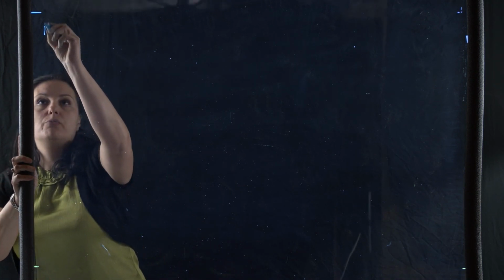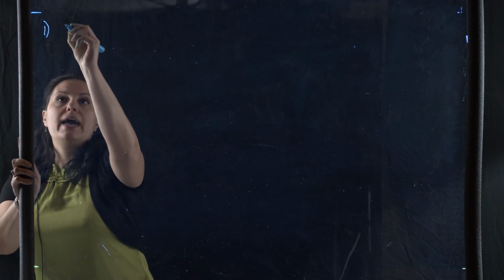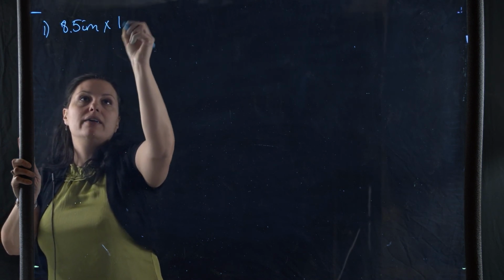Okay, let's look at the conversion problems in slide 53. These are dimensional analysis problems that are a little more involved than the first ones that we saw earlier. So let's do problem 1. What is the area of an 8.5 by 11 inch paper in centimeters squared? I have an 8.5 inches by 11 inches